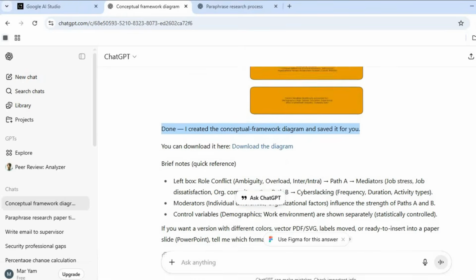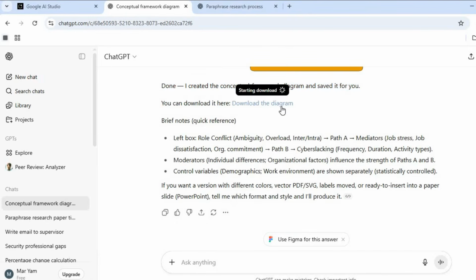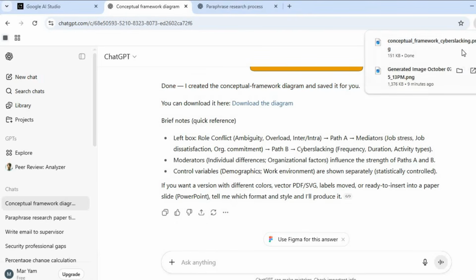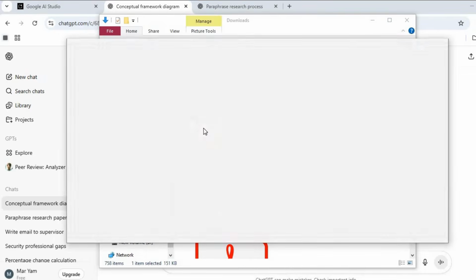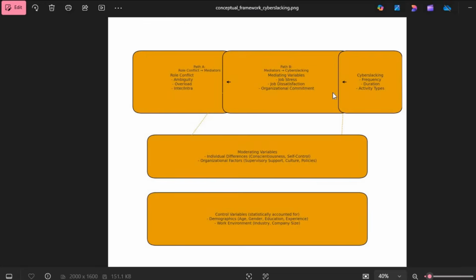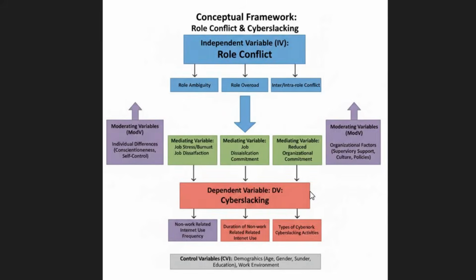The final output will be a well-structured, polished, and professional conceptual framework, perfect for researchers who find it difficult to design one for their studies. So, if you are new to the social sciences and struggle with developing a conceptual framework, these AI tools can assist you in generating ideas, refining concepts, and visualizing your research model effectively. You can also download the completed framework image in high quality and easily add it to your research paper.